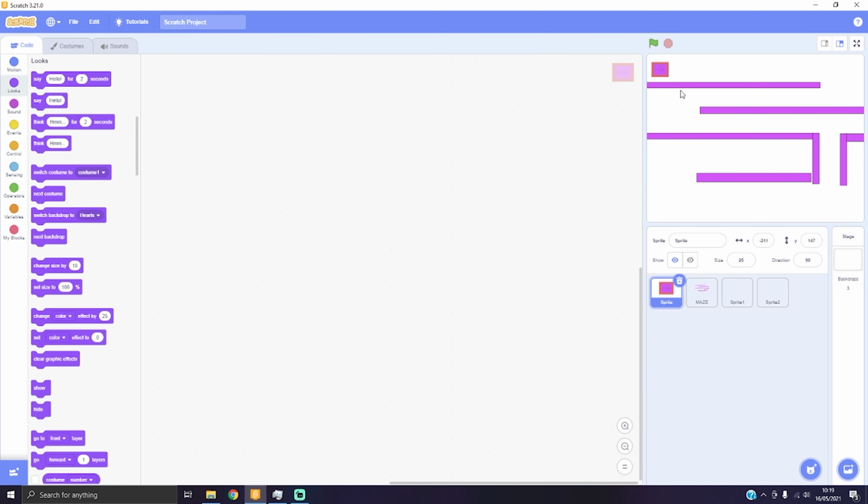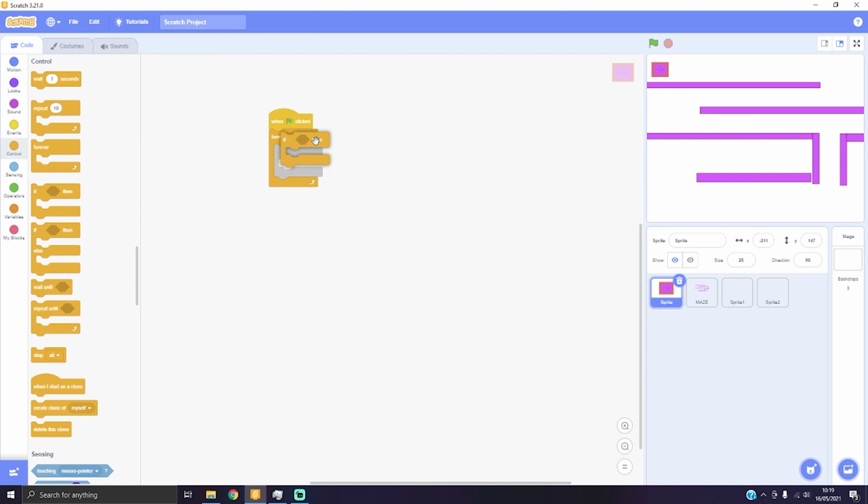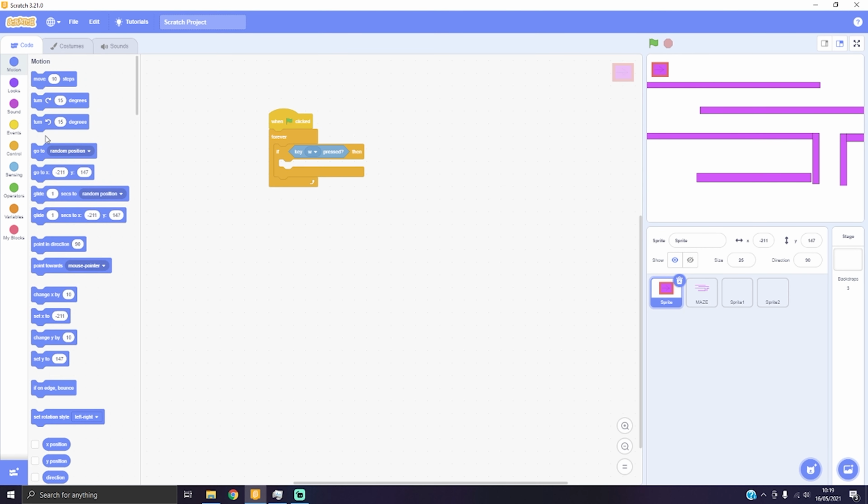So now we want the sprite to be able to go forwards, backwards, right and left. So how do you do it? Go to events, drag this, and then go to control forever, if in the middle, and then go to sensing, and then drag this one, and then we want it to be the key W to make him go forwards. Now go to motion, and then move, pick the top one, move one step,